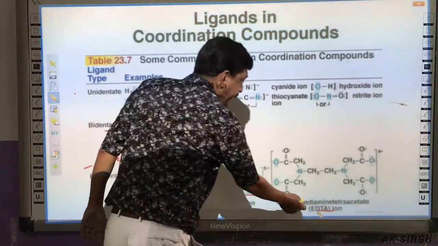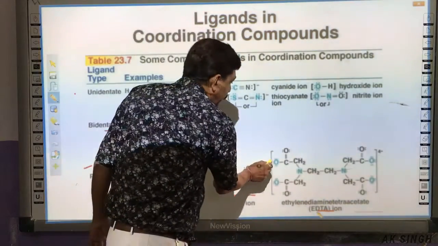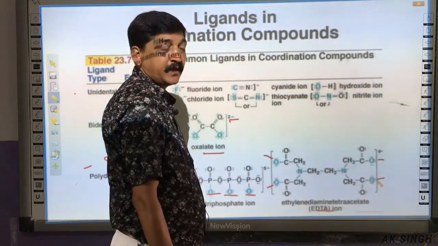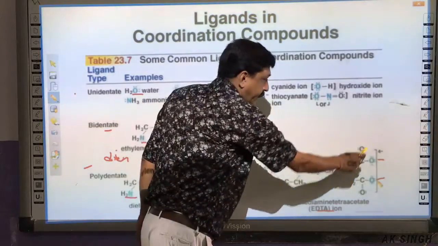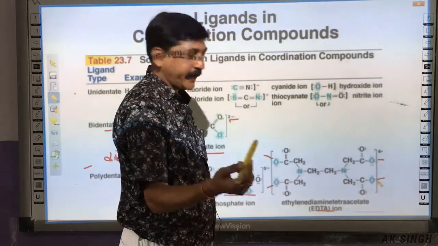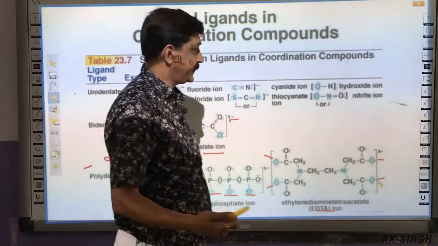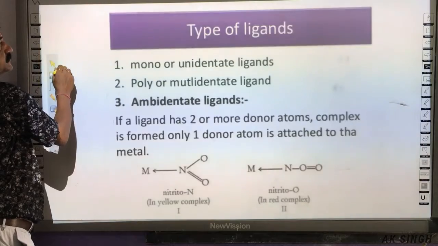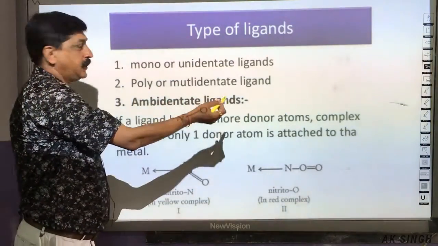EDTA ion, ethylenediaminetetraacetate ion. Tetraacetate, 1, 2, 3, 4. Similarly, EDTA is 4 negative. It may be 3 negative, ethylenediaminetriacetate ion. So unidentate, polydentate,